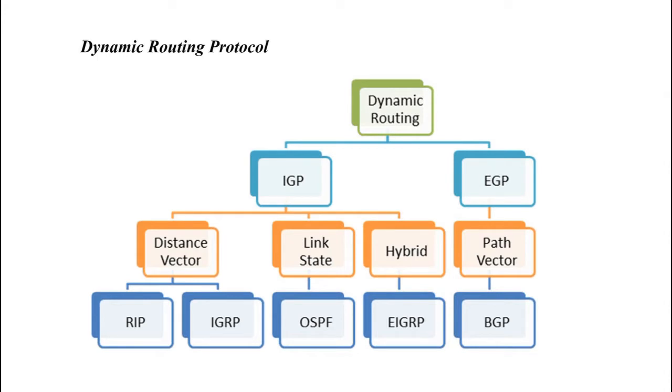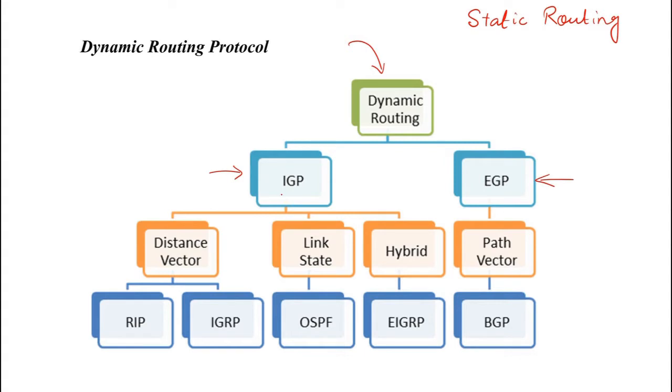So let's just summarize the dynamic routing protocols, right? We have one option that I just told you, static routing, but that is a little tedious job and is not good for large networks. So another option is dynamic routing protocols. Whenever we use dynamic routing protocols, we have two types: the first is interior gateway protocol and the other is exterior gateway protocol.